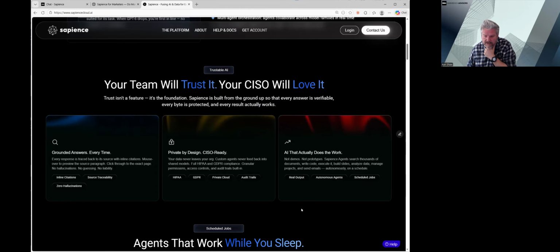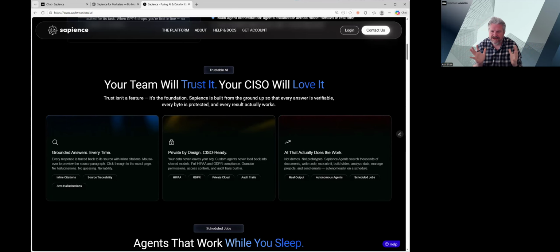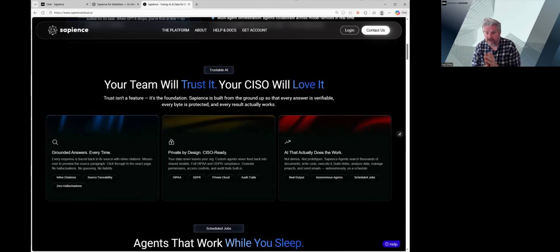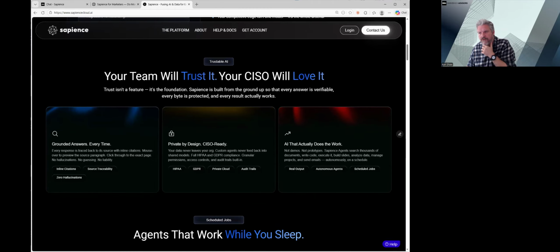And from a security perspective, Sapience was very much built with CISOs in mind. One of the biggest problems with AI right now mirrors the last 20 years in security land. There was bring your own device, which was a nightmare. This is where everybody started bringing in their own iPads and laptops to the enterprise. And it was this shadow IT thing that CISOs had to fight. Then there's bring your own cloud, people using Dropbox and other things. And usually it takes big companies a little while to provide corporate solutions that are safe for their employees. And if they don't do that, their employees are just going to go out and use consumer grade tools, which are a security nightmare.